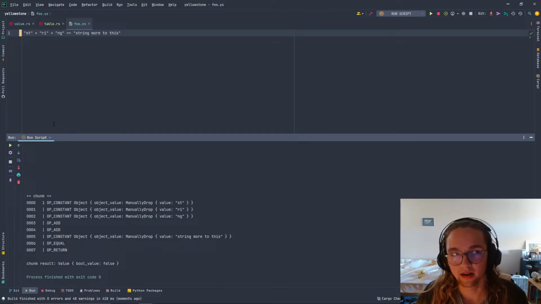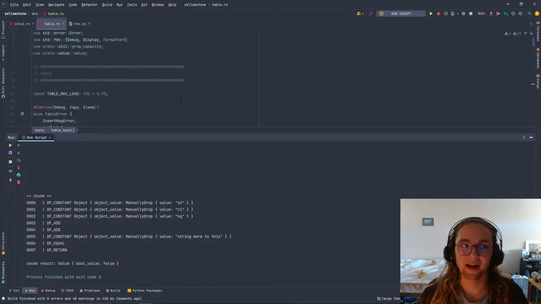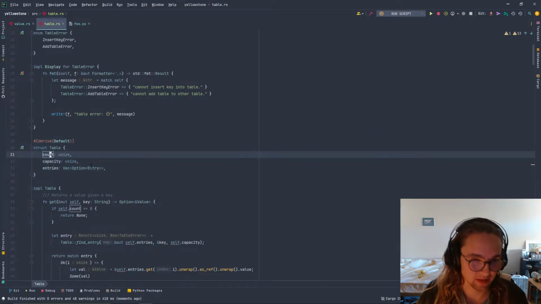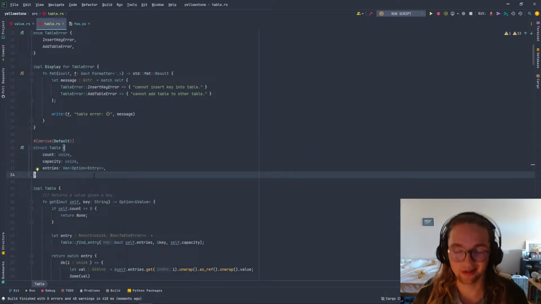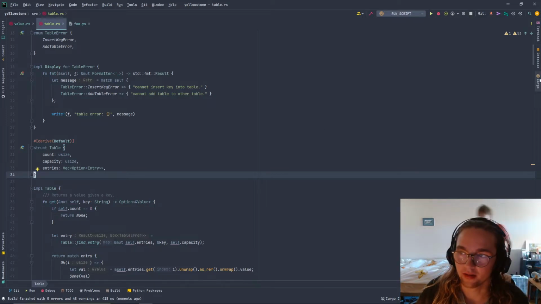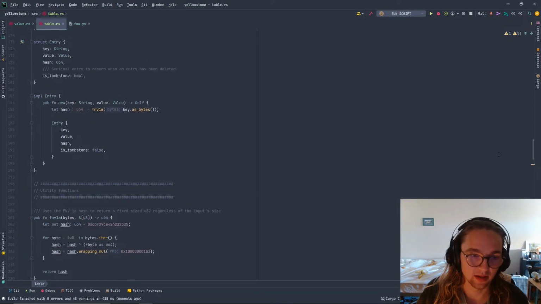Week 9, I started working on yesterday and today. It's pretty much just a lot of coding to implement my own hash map. Yay! I've never had to do this myself, and it was a really good experience. I'm calling it a table just because that's what the book calls it. But essentially all it is is a fancy array that uses a hash function to store any key value pair. So an example of that would be